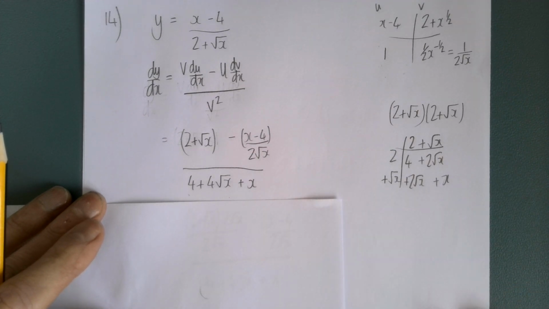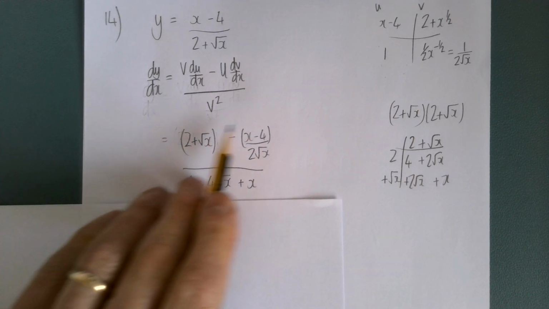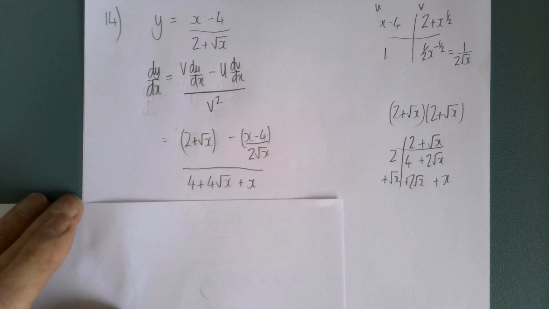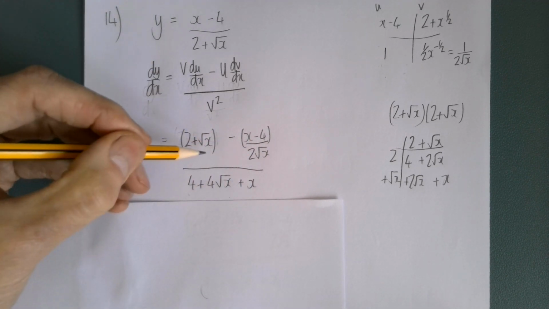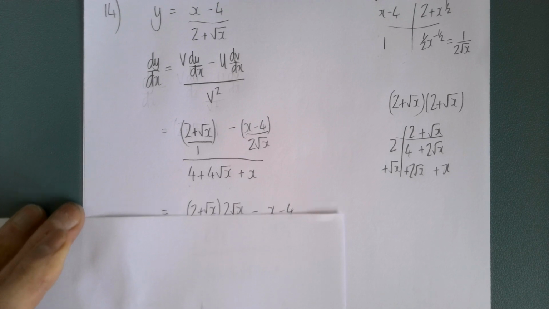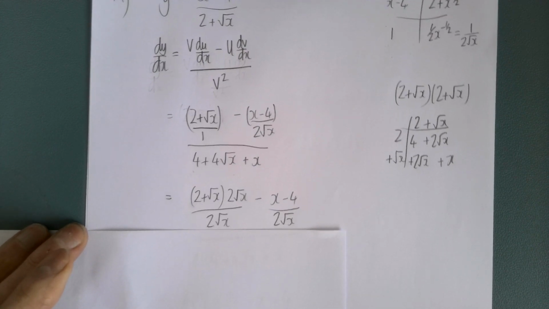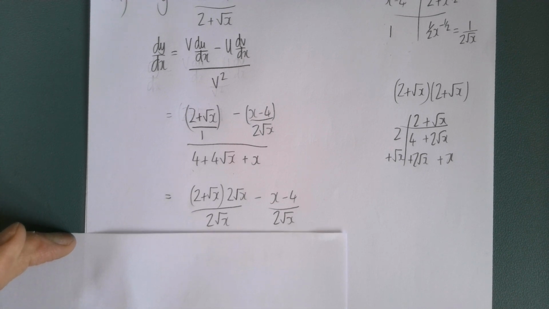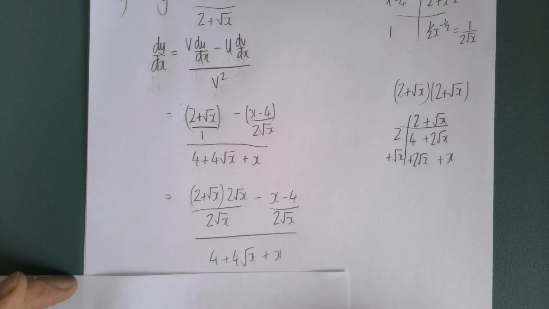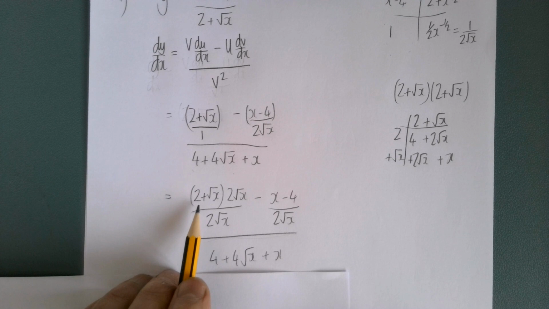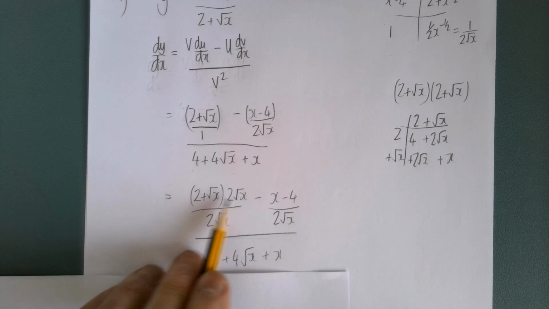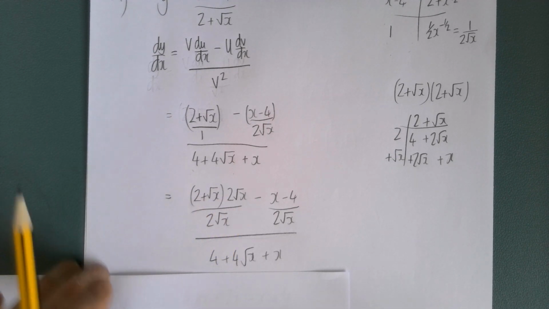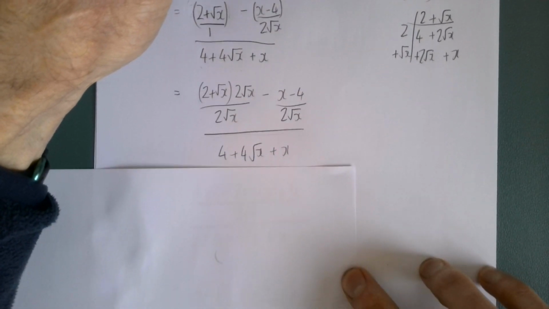Where do we go from here? Well, I'm going to go with a common denominator up top. So at the moment, this has a denominator of 1. So I'm just going to multiply the top and the bottom of that numerator by 2 root x. Denominator stays the same. So if I look at what I've got here, if I multiply out that bracket, I just have to move my camera down a bit,